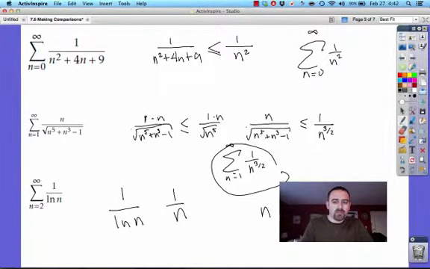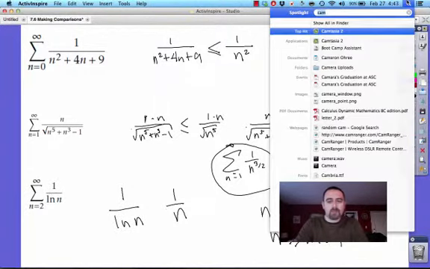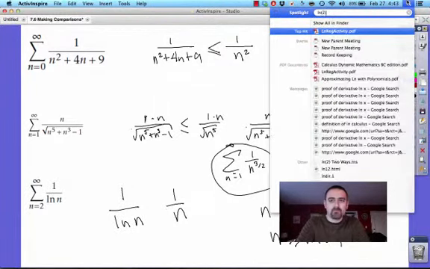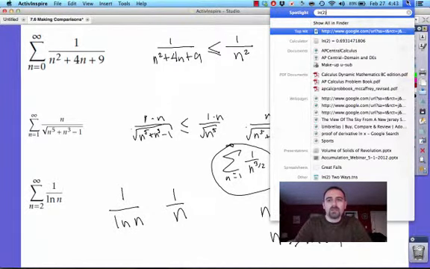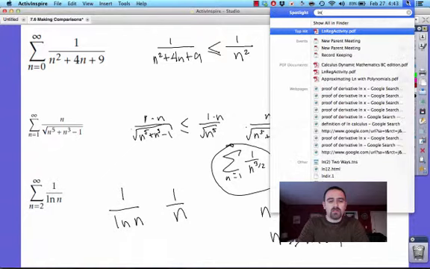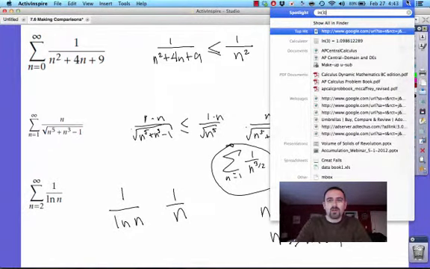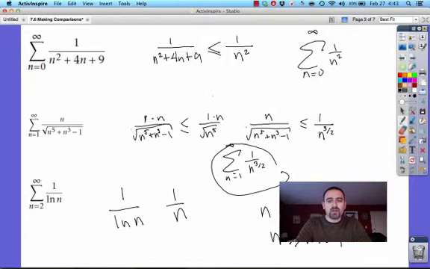n versus ln of n. Now, in general, n is bigger than ln of n, right? ln of 1 is 0. ln of 2, let's practice this here. I don't know if this can do ln. Okay, 0.669, okay. ln of 3, 1.09, okay. So notice that in general, n dominates ln of n, which means that ln of n dominates 1